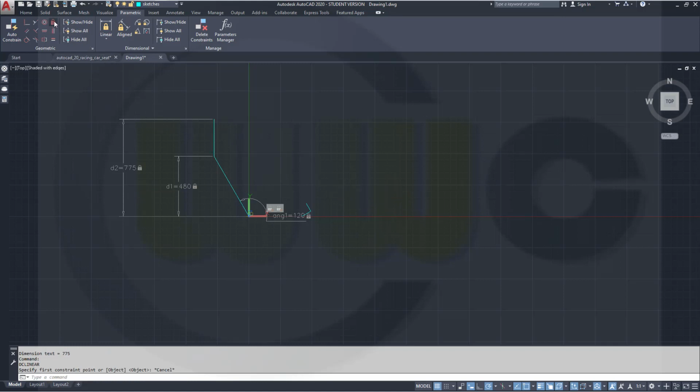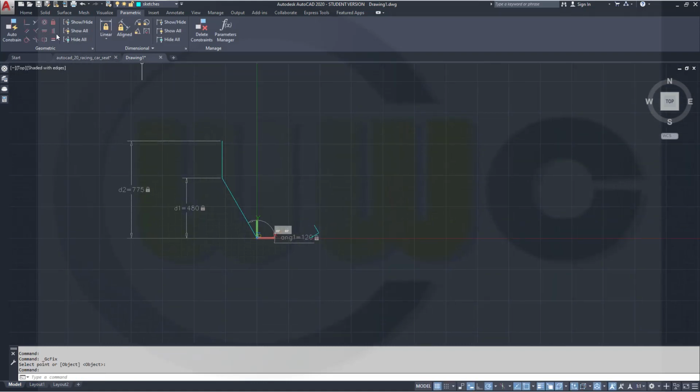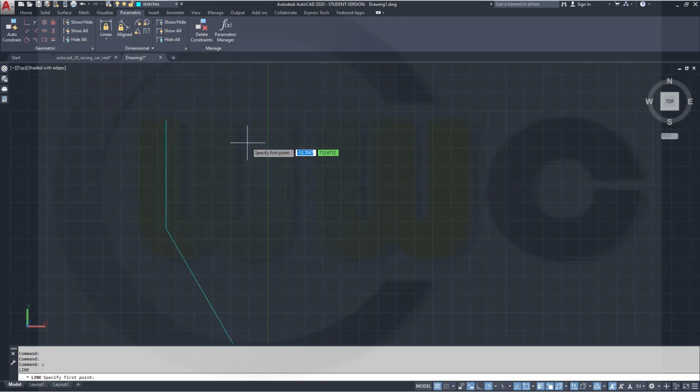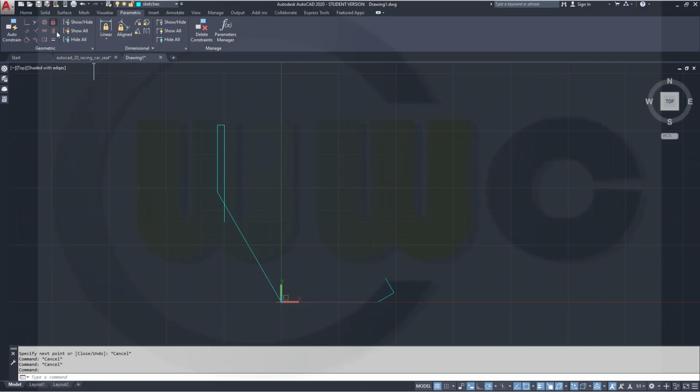And I want to fix this in place just in case. Oh, that's over constrained, but this should be valid. Yes, hide all, hide all. I need another line which starts right here, goes over there 30, and goes down like this. I could trim or I could